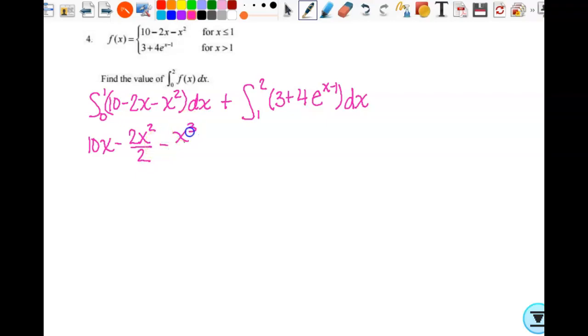Minus x cubed over 3. All that evaluated from 0 to 1. Okay. Then plus, when I integrate 3, I get 3x, right? Plus,